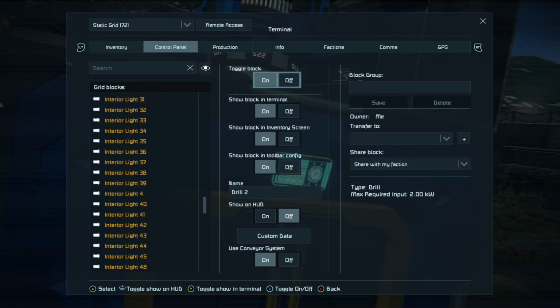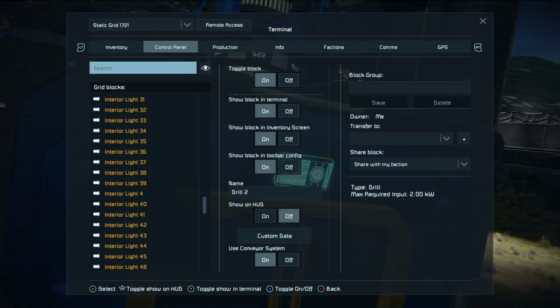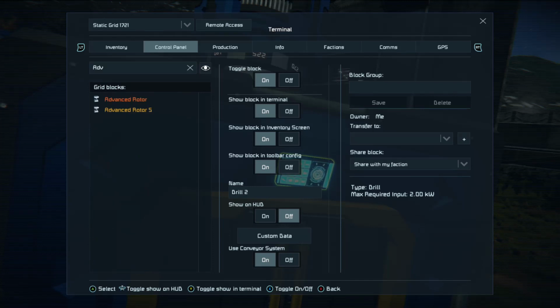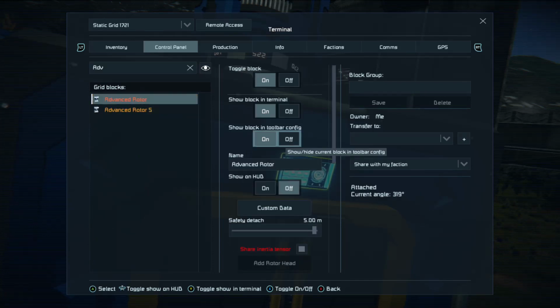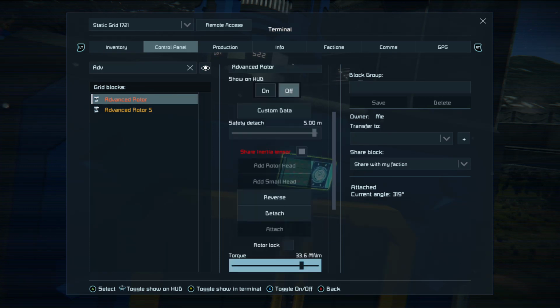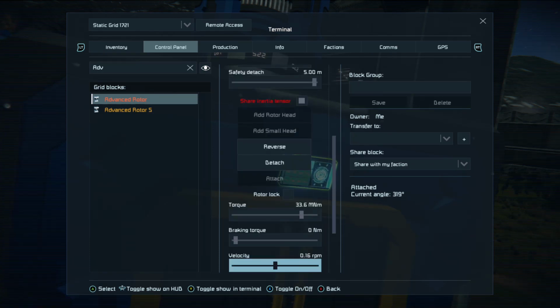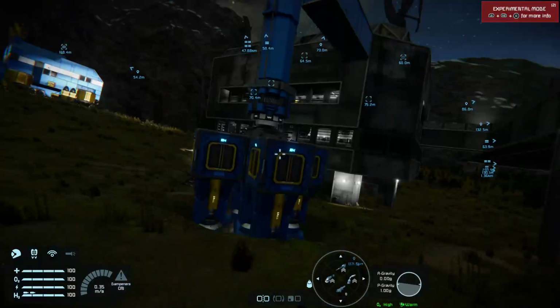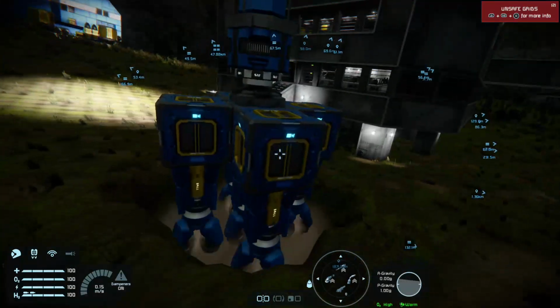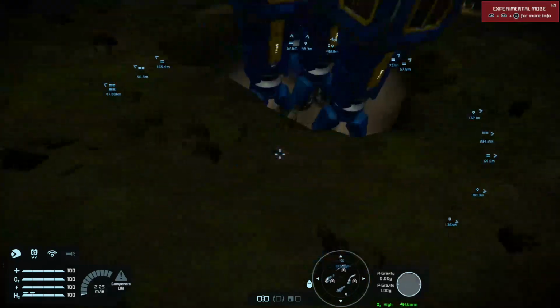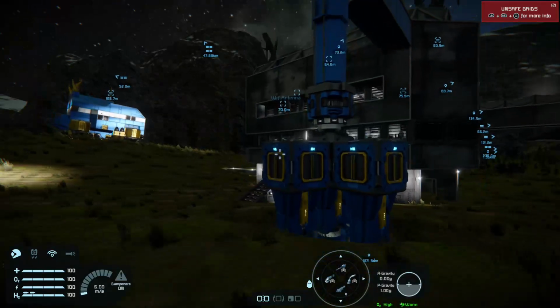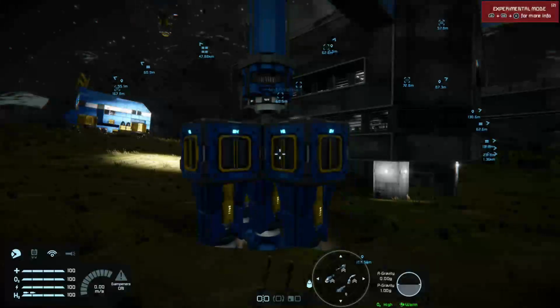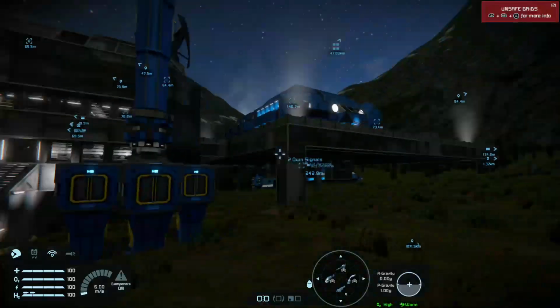See, there's the drill. You can turn any of these on and off. Go to the advanced rotor, because advanced rotors don't have their own little control panels. And we will flick down until we get to velocity, and we'll set the velocity to 1 RPM, or something, as you'll see. Drill rig's turning. Everything's all well and good, and that is some control tips and tricks and the good old shear inertia tensor.